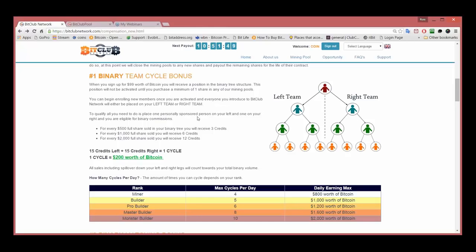So with us, we don't have that luxury. 40% to equipment, 40% to payout. That's a true 80%. Okay, so the first part that we'll talk about is the binary part of the compensation